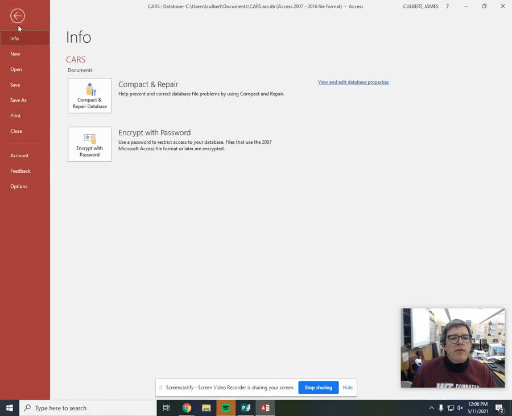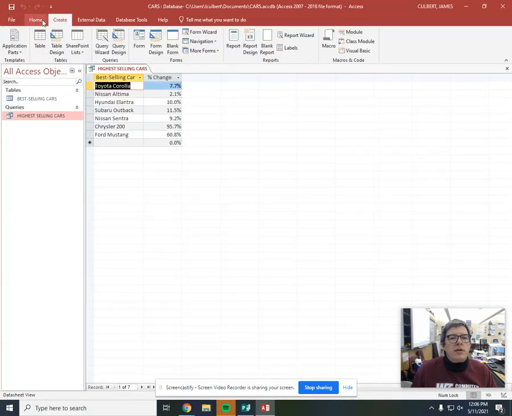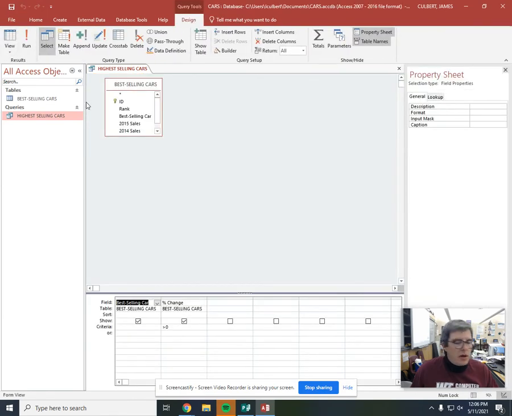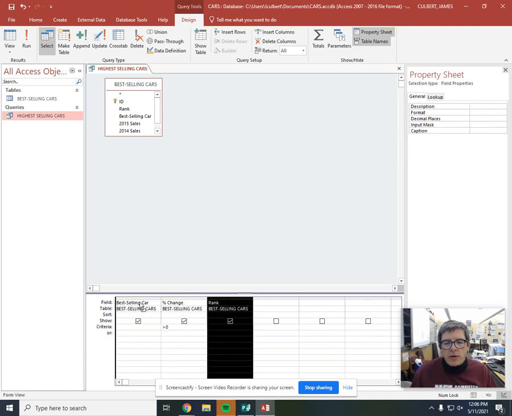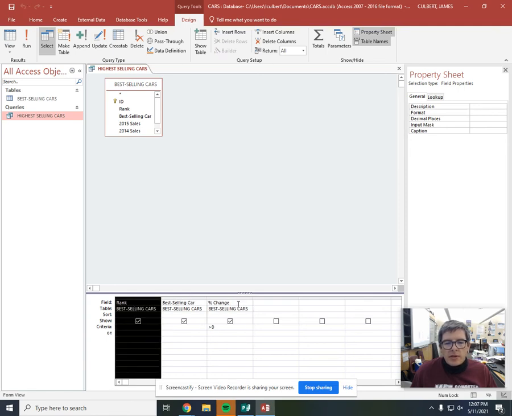Okay, so in the form, what they want us to do is include rank, best-selling car, and percent change. So I'm going to need to pull rank down here. So rank, best-selling car, and percent change. And the directions are not real clear on that. So I'm going to hit save,